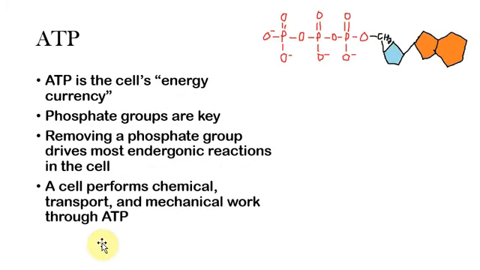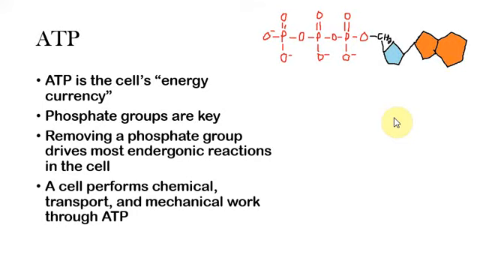Now, this is the last thing for this video. ATP, or adenosine triphosphate, because it has 3 phosphates, is the way the cell and the body couples different exergonic and endergonic reactions. It's the way it uses energy coupling. ATP is known as the cell's energy currency, and the reason your cell uses ATP rather than glucose or some other raw product is because ATP is very easy to handle. It's very easy to use, and